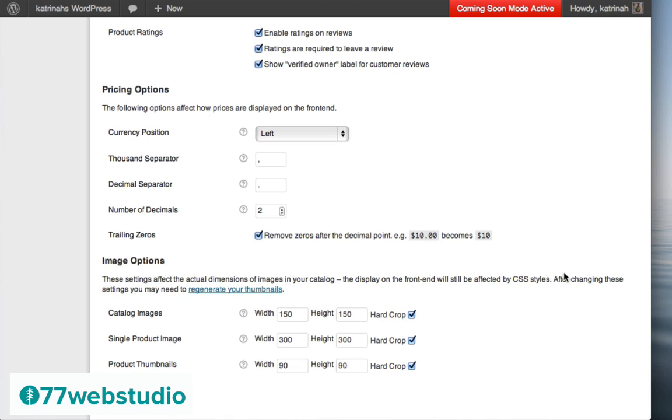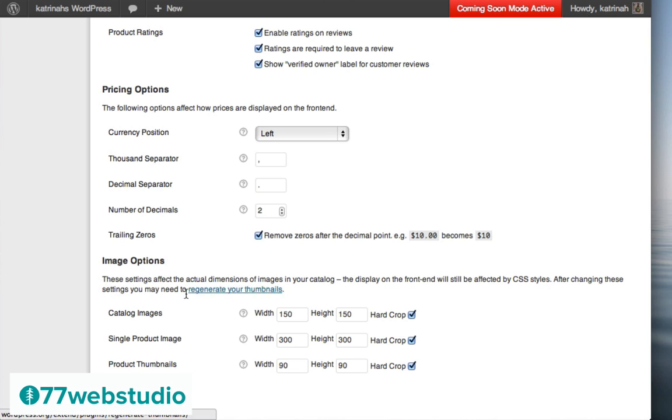Then, as it notes, after changing these settings, you may need to regenerate your thumbnails. So you can click on this link to learn more about how to regenerate your thumbnails. Namely, you'll need to get a plugin called Regenerate Thumbnails. So if you change these dimensions, then you also want to add a plugin to your WordPress website called Regenerate Thumbnails.